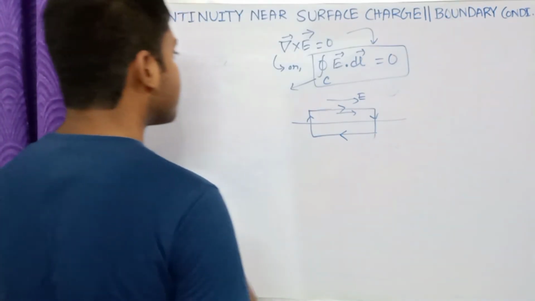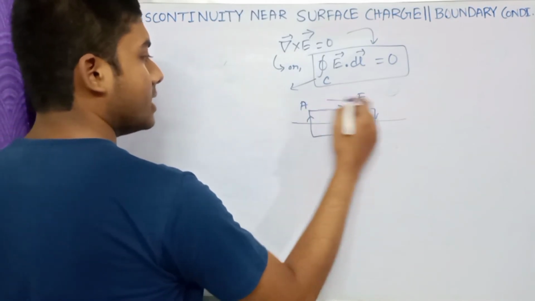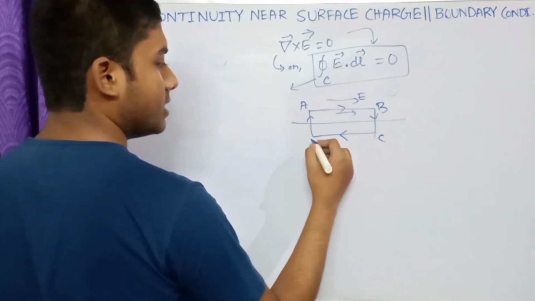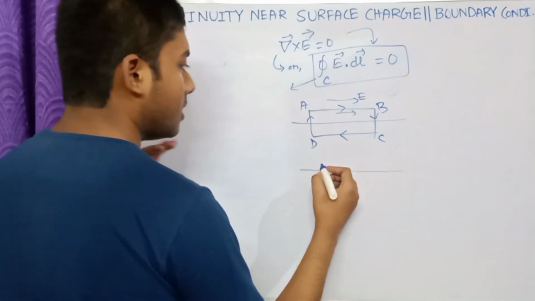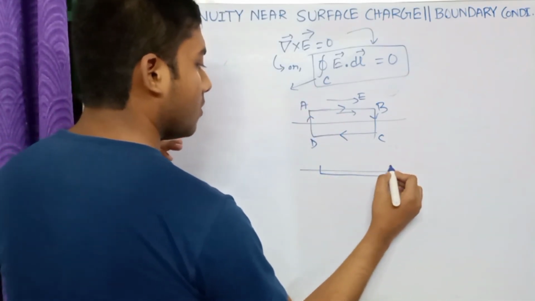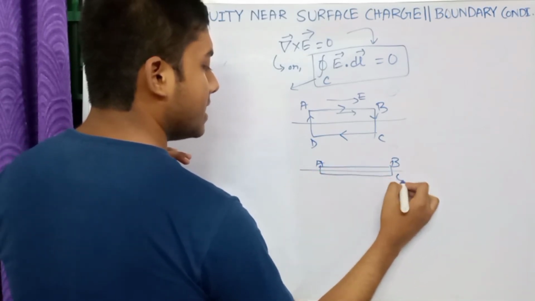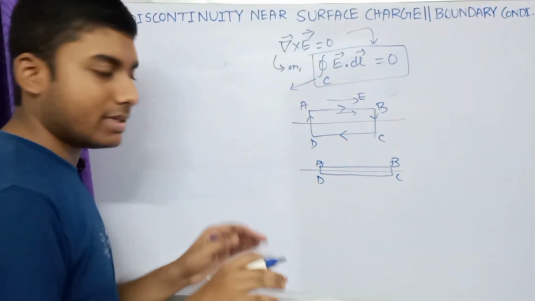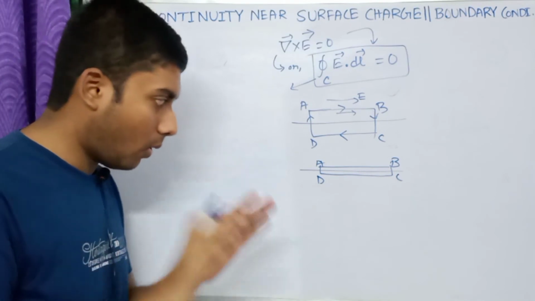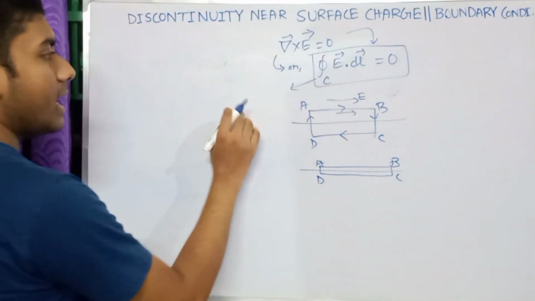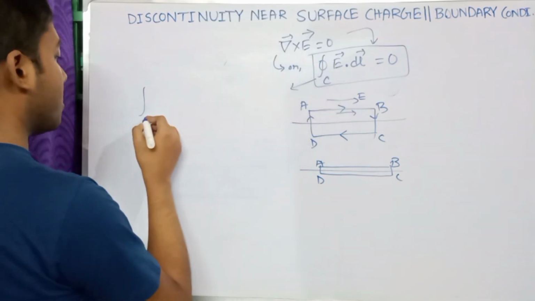Suppose this is point A, this is point B, this is C, and this is D. As the width is very small, this will converge to very small. So here A, B and C and D. You can understand that A and D are coinciding and B and C are coinciding. Now from here we can write that this closed